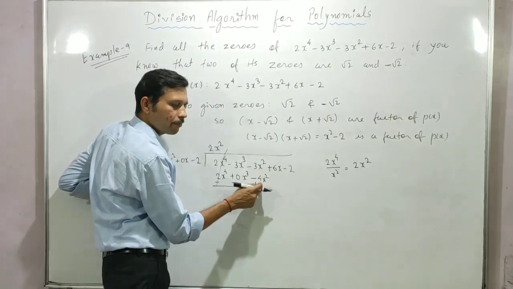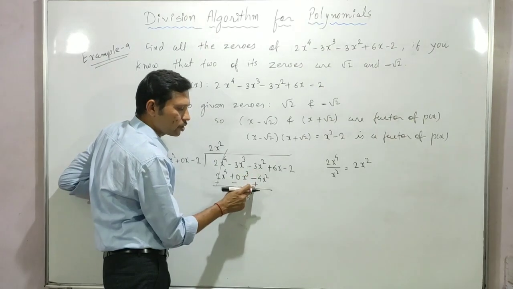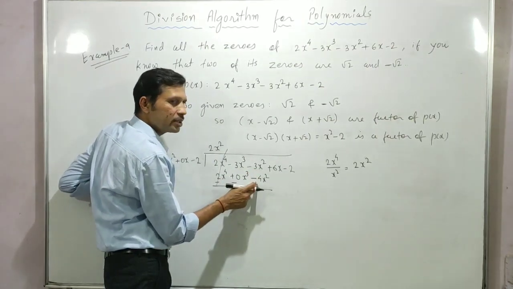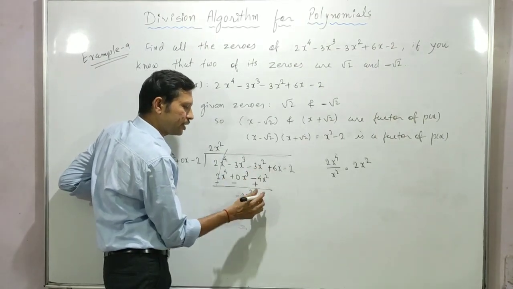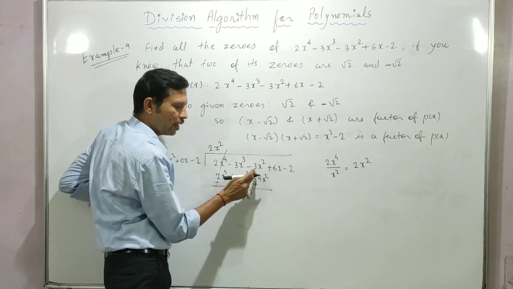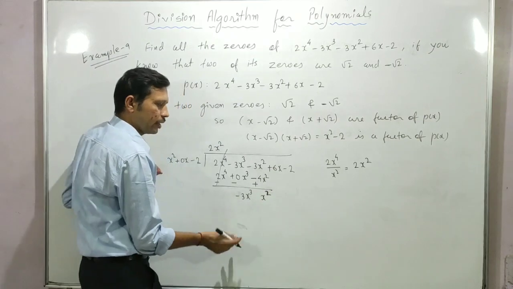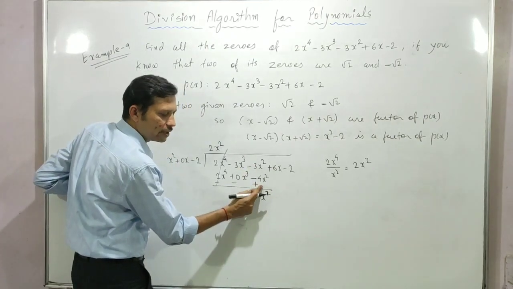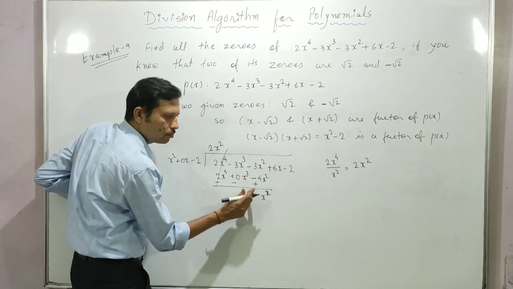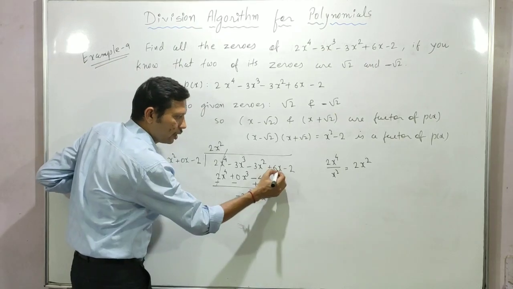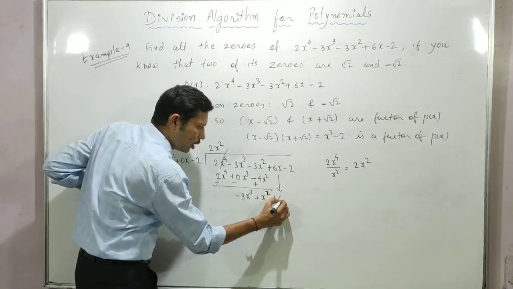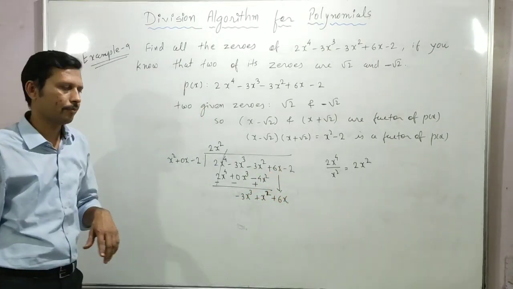Here both are like terms, so this one negative and this one is positive. Different sign is there, so it's subtracted. So from the 4x square, when I subtract the 3x square, what will I get? x square. And sign of the greater term, who is greater? 4x square. What is the sign? Plus. So answer is positive. Now carry one term here, plus 6x.